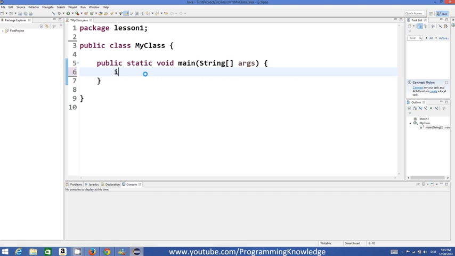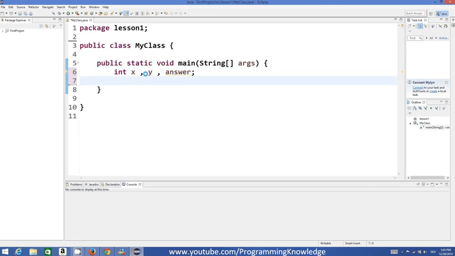So let's imagine or let's declare two variables x and y, and both will be integers, and one more variable we are going to declare, and this will be our answer variable.